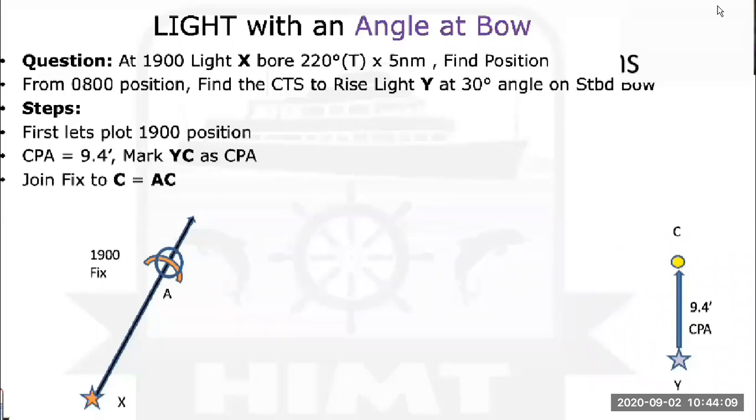What will I do? Put a SMG. No, sorry, CMG. No, there is no CMG. There is no current. Okay, directly CTS, yes. So what I would have done was, it is just like passing a beam of a lighthouse. We had seen that a long time back also. If I want to pass a light on the starboard beam at 9.4 miles, what will you do? Will you not draw an arc of 9.4 and join a tangent between A and that circle? And the tangent point is Charlie.